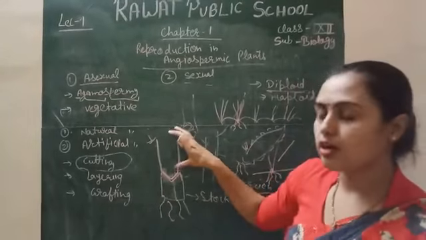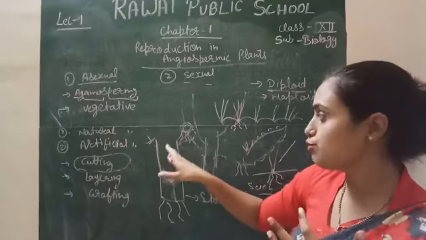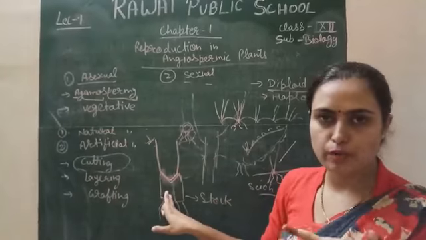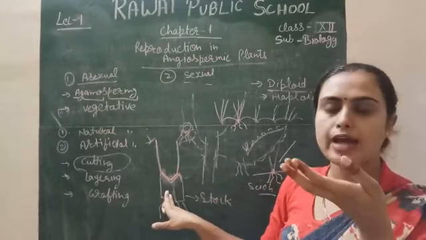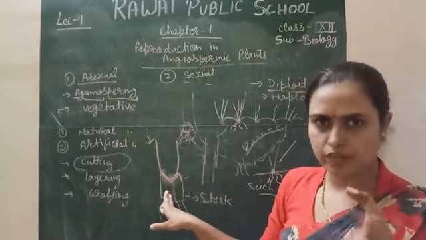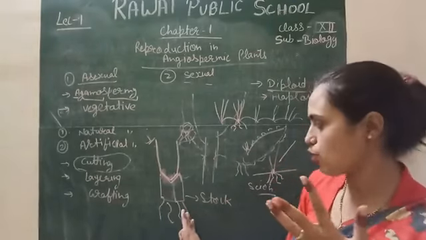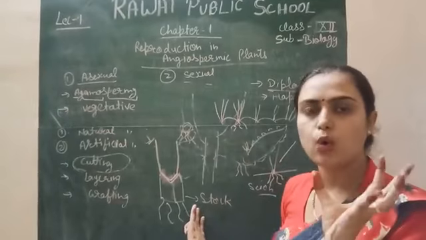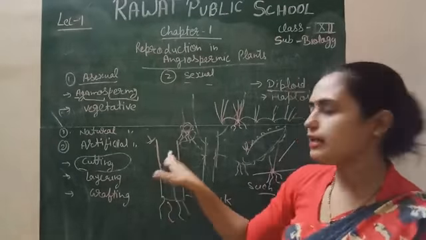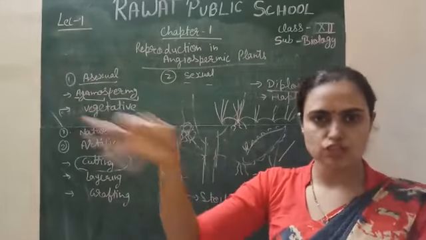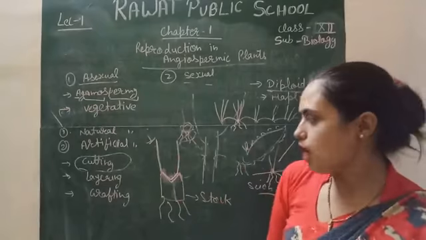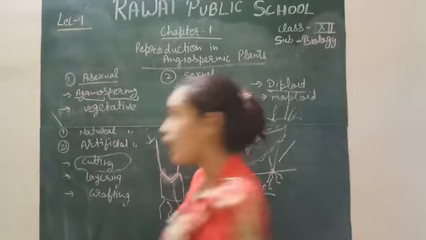But the fruit or flower you get will be of the scion, not of the stalk. The stalk only provides the base and helps in the absorption of nutrients that the plant absorbs from the soil, and the scion makes new branches, fruits, flowers, everything. Right. One more type of grafting is crown grafting.